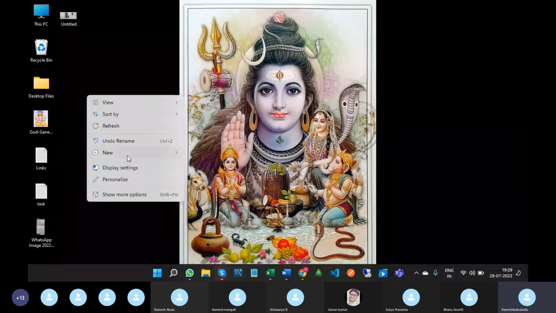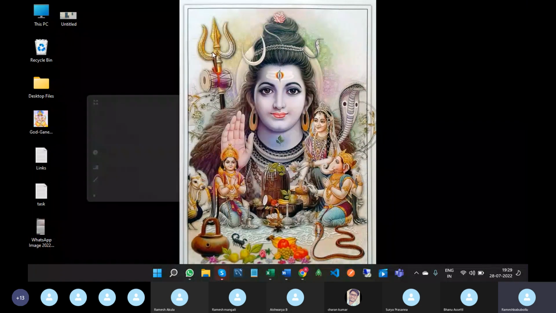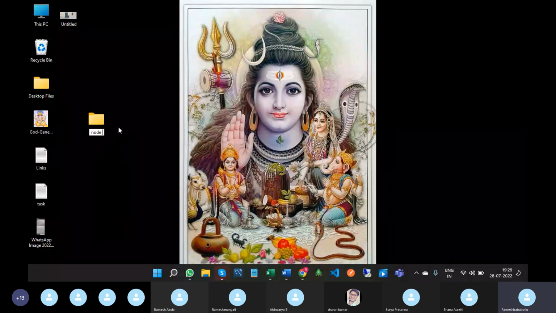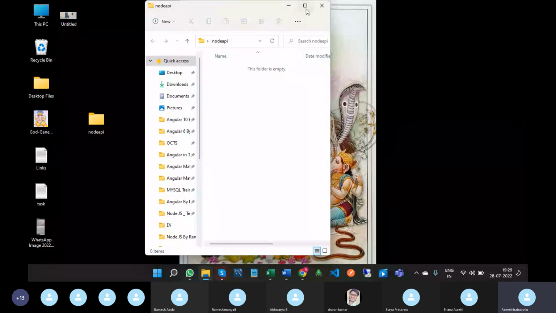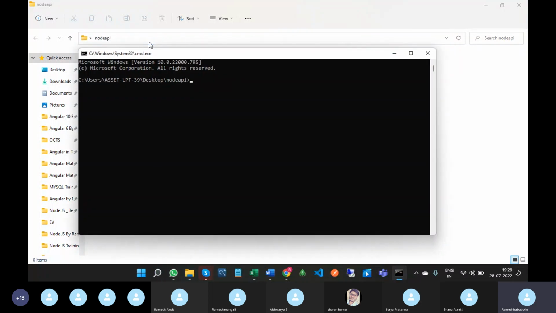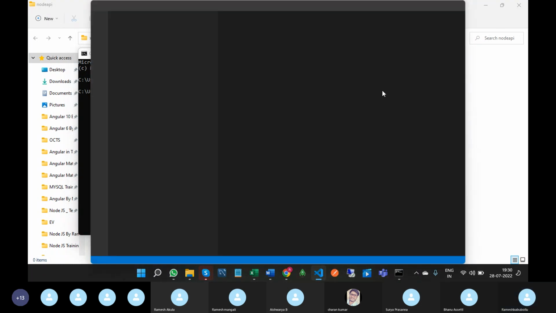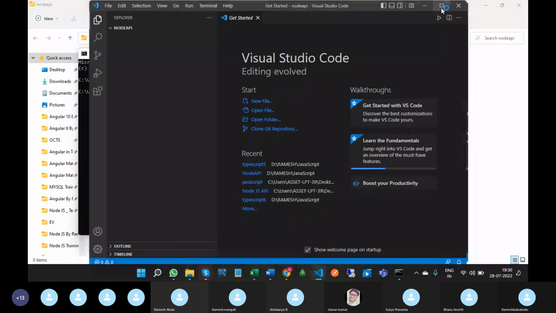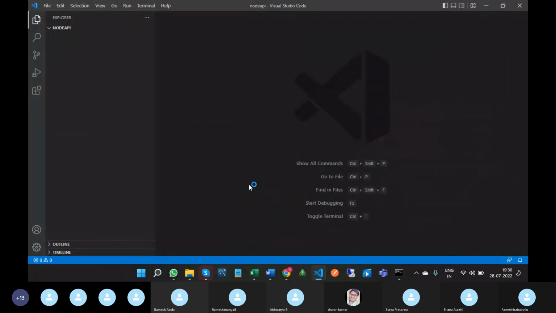So here I am creating one folder, Node API. You can create it anywhere, and here go to the cmd in the path and type code space dot. After that, create one folder like source